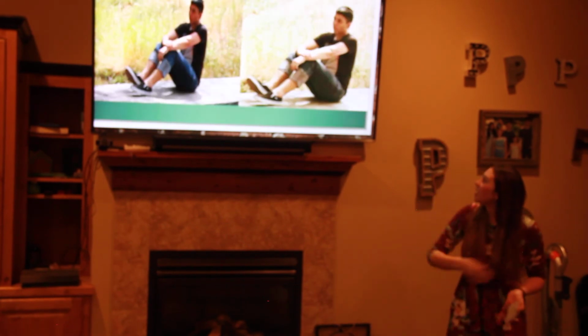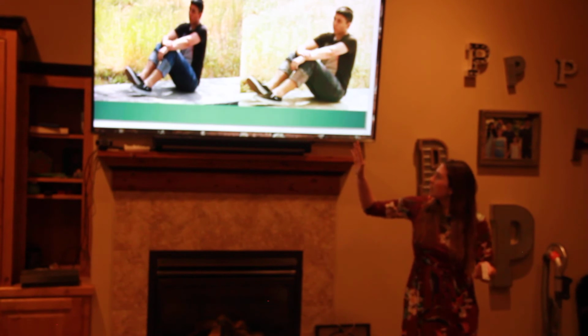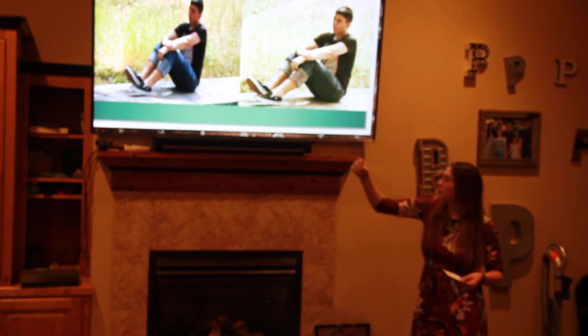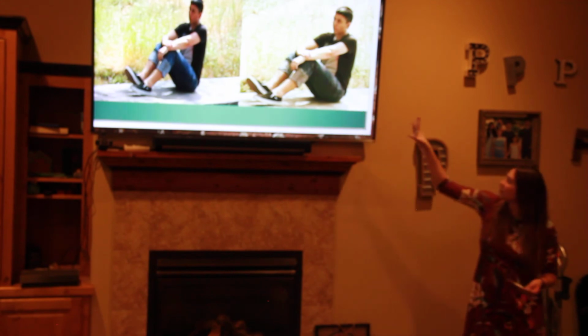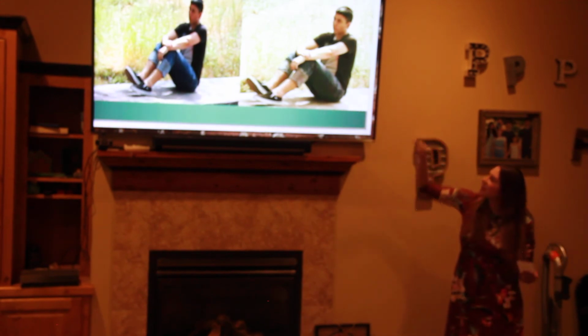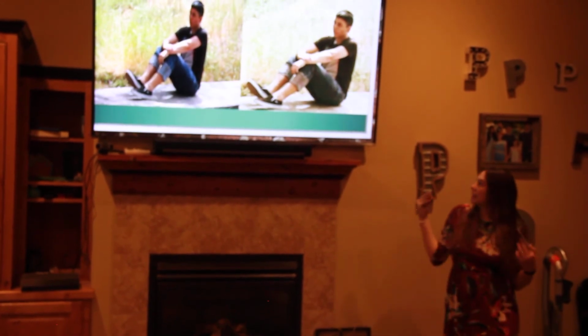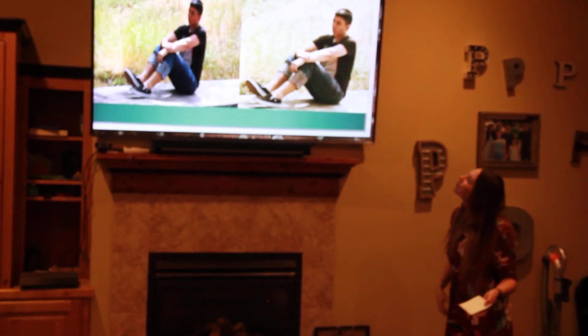This one, kind of dark, you can't really see his face all that well, and it's not as close up as it is in this one. After it being edited, you see his face more, you can see he's kind of thinking about something maybe, and it just all around looks more interesting.